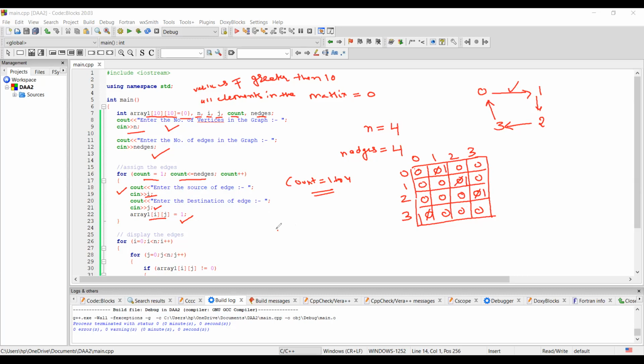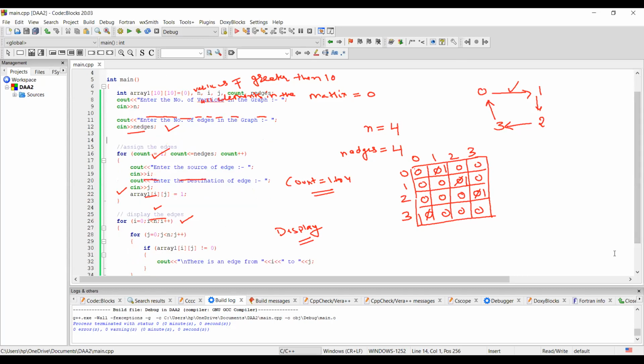Now I want to display the edges, that is, where in my graph the edges are. But I do not know to begin with which values are 0 and which values are 1. 1 represents an edge and 0 represents no edge.